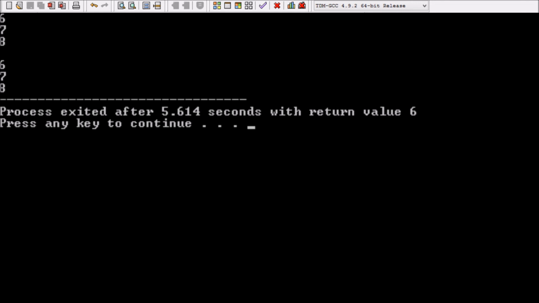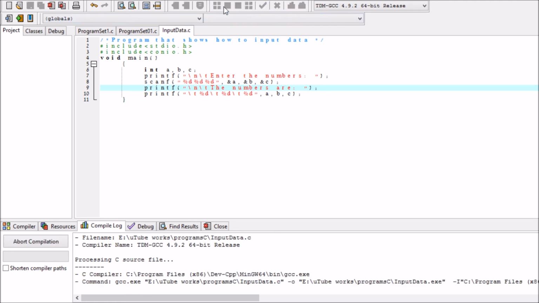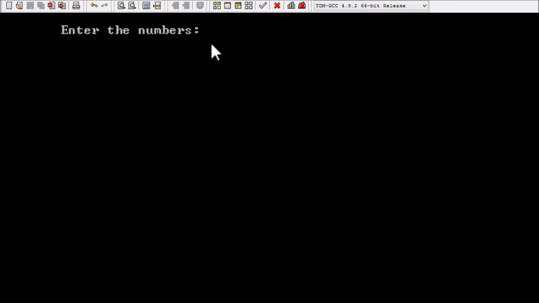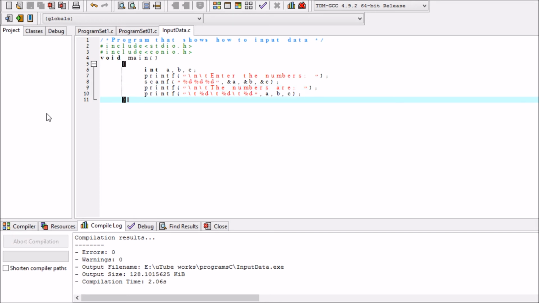Okay, so see, I've included an extra printf statement where I've written the numbers are and a colon, so that my output will be more clean. Okay, let's go and see how the output looks like. Enter the numbers. I'm going to enter the number 6, press enter 7, press enter 8. Okay, the numbers are 6, 7 and 8. Okay, so I hope that you got